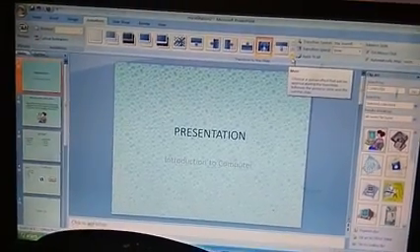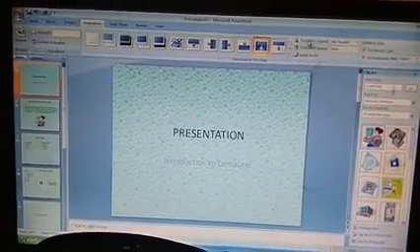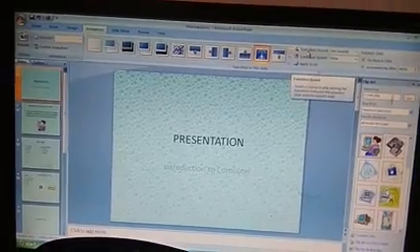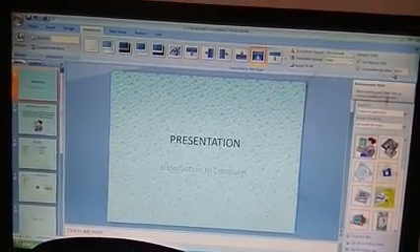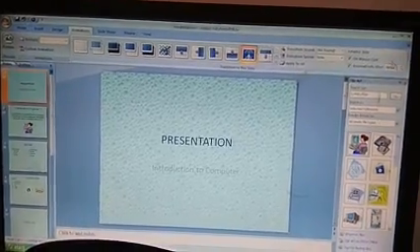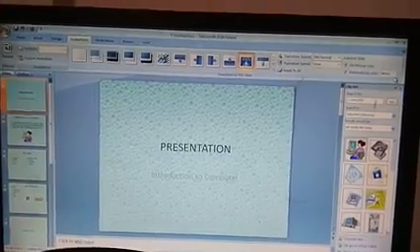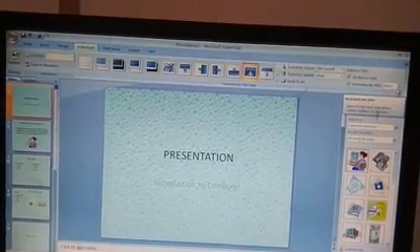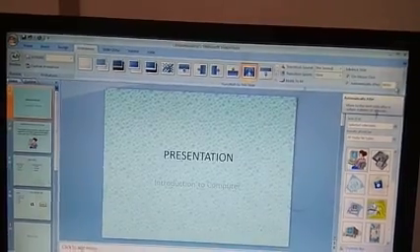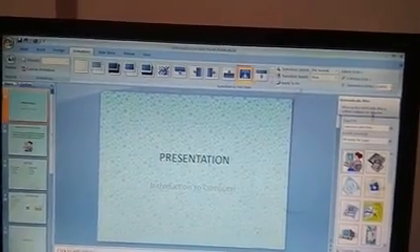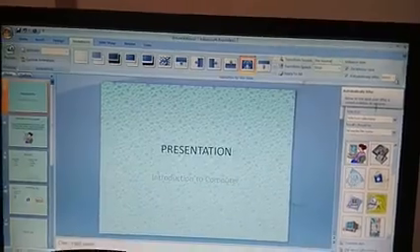In the slide option you have a transition button. Click on the transition button. There you have the "automatically after" option, where you select after how many seconds you want your second slide, or say the next slide, to appear.